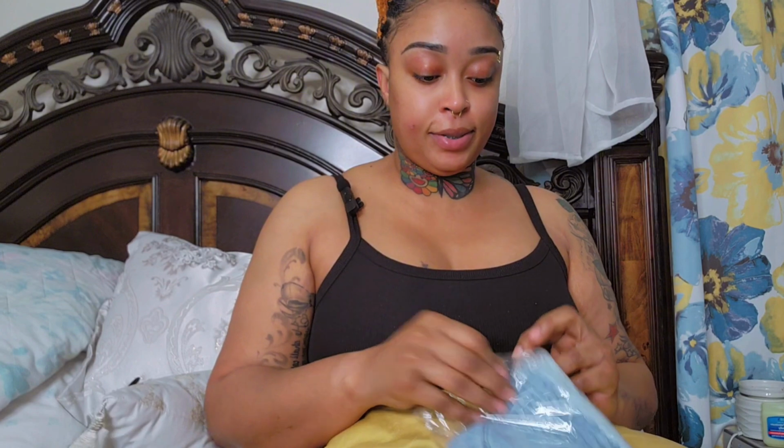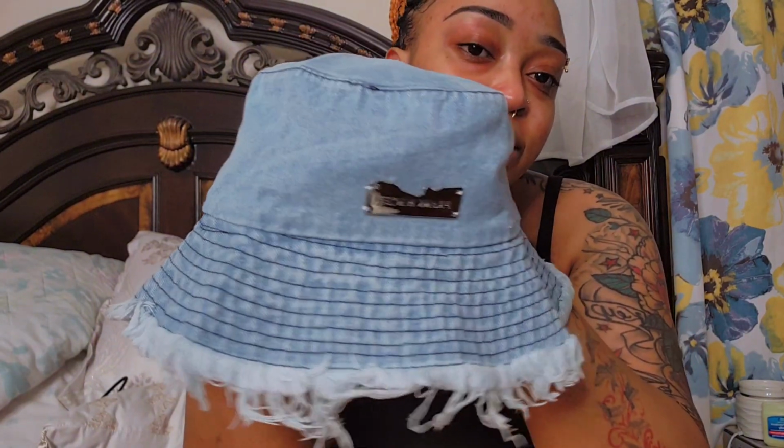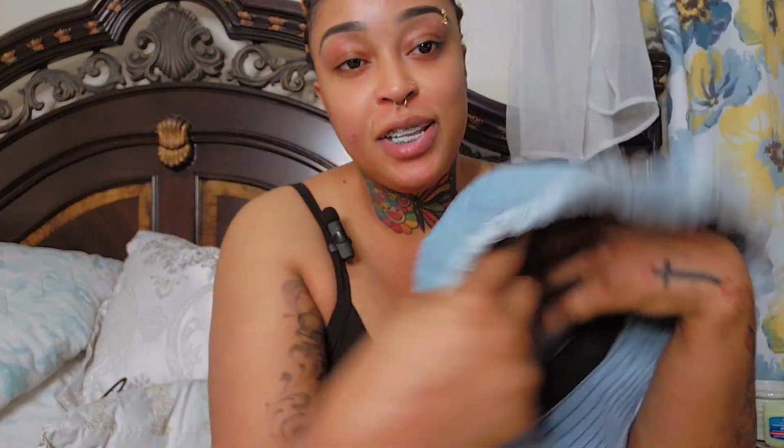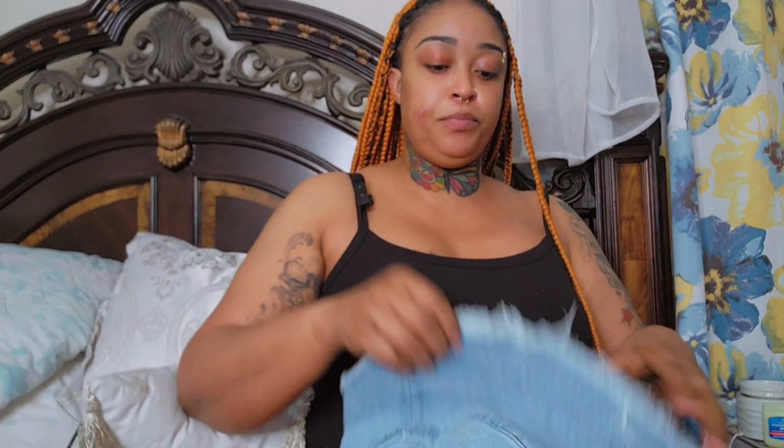So here. This is a hat. Just in case. I just bought these because. This, can you see that? Very nice. And it's big. So it can definitely work on my big head. Should we? But oh, love it. Yes, girl, I can't see nothing. Can't see one thing. But yeah,